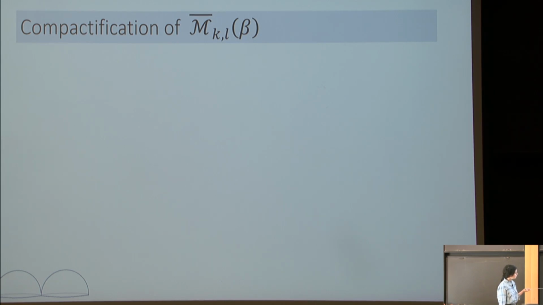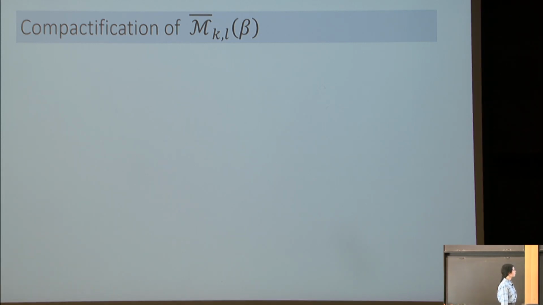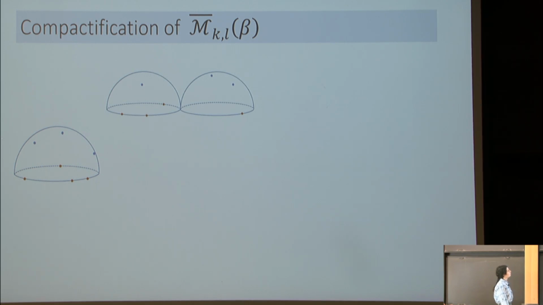Another thing that can happen in the open theory, if there are no marked points on the boundary, is that the boundary can shrink to a point. And this is also something that's unique to the open theory. Obviously, you start out with something with boundary, and you end up with something, well, I guess with degenerate boundary, you can say. So the types of elements we will have in this moduli space will involve disks on the open set, but to compactify, you will have to add disks with nodes